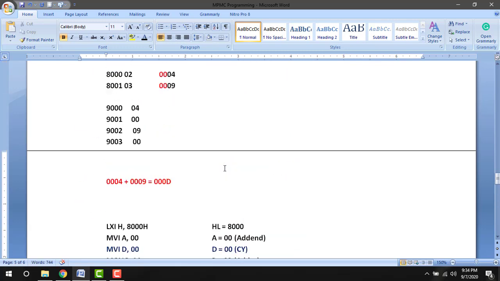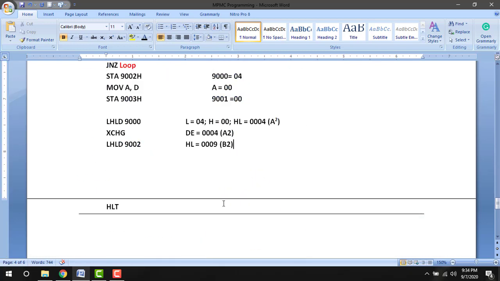Now our requirement is we are going to add A square plus B square. So we are going to add the 16-bit number, DAD D. The meaning is HL pair added with DE pair and the answer is stored in HL pair.